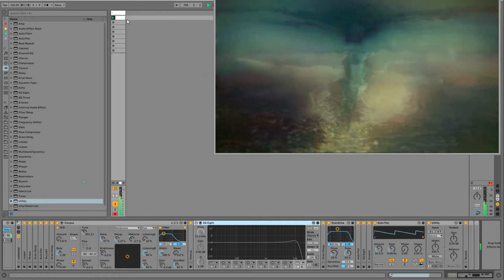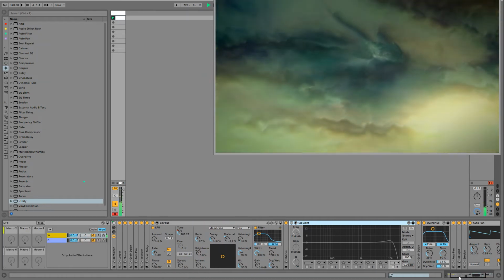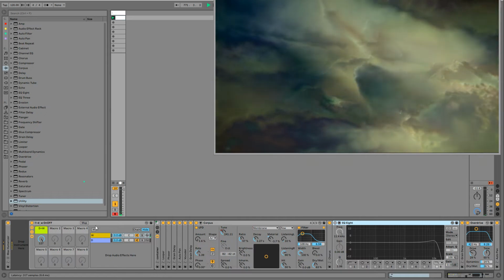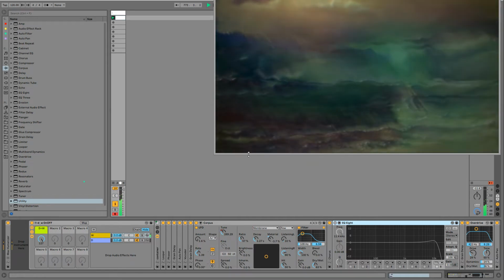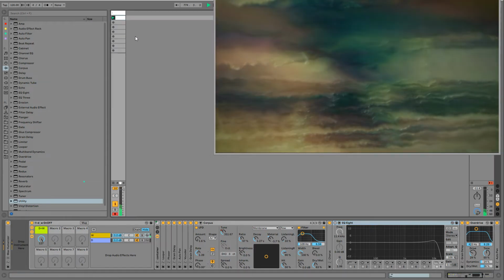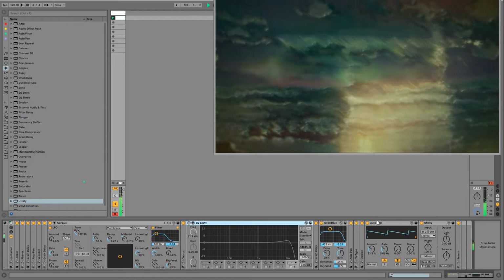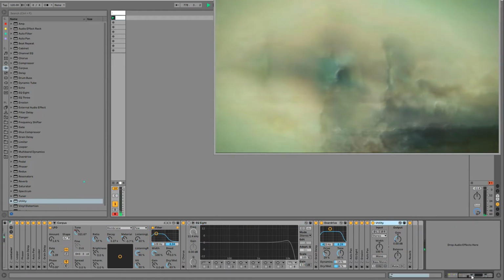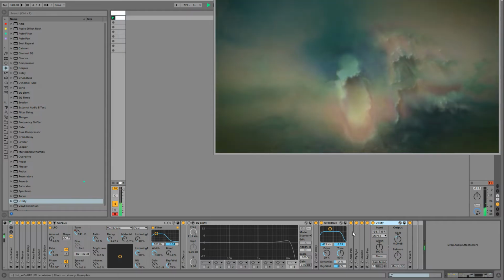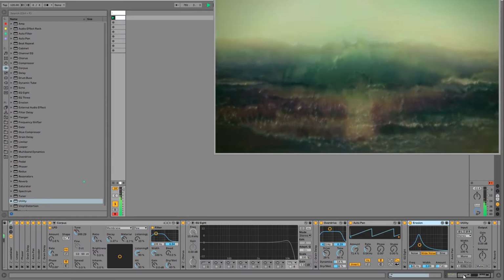Oftentimes, I don't find the source of the problem when I'm printing down from one of these racks. I'll just have to go through by hand and cut those sections out, in the timeline or in an audio editor. I really love using the new version of Wavosaur, it's really nice, or SoundForge is one of my favorites. Well, I know a lot of people swear by Audacity. I've never gotten along with that one, even though it's free.